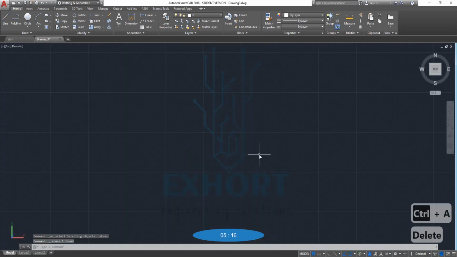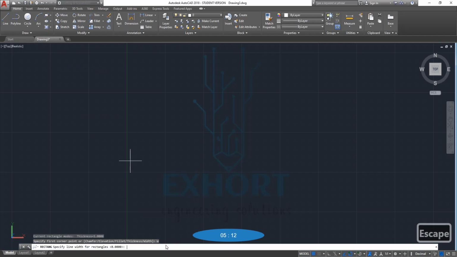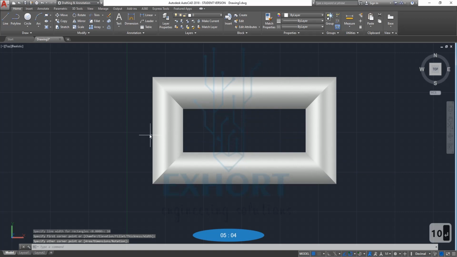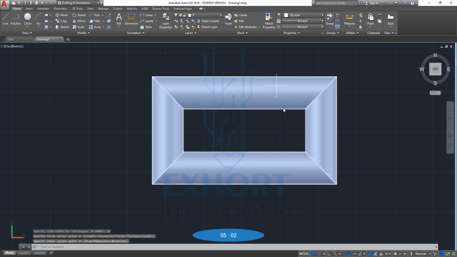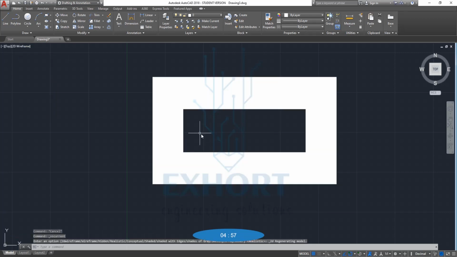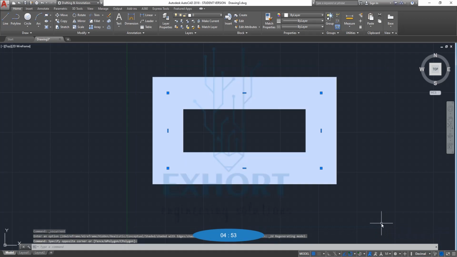Also now we will see how to use the width. Select the width. We have to give the dimension to the width. I will give 10 mm and hit enter. So click here and here, and you will see this rectangle of 10 mm width will be drawn. I will simply go to the wireframe. You will see the rectangle of 10 mm width has been drawn. Likewise we can draw rectangles.